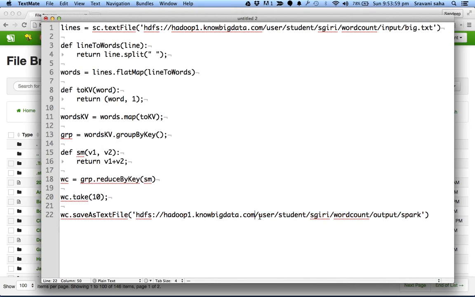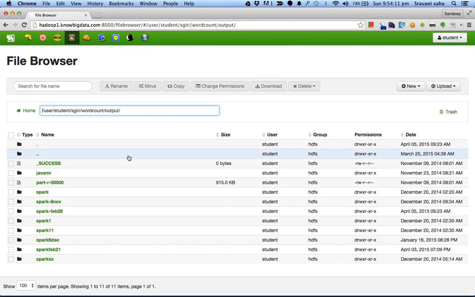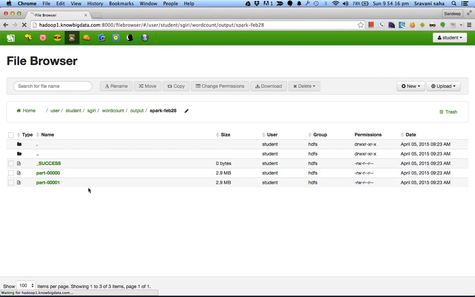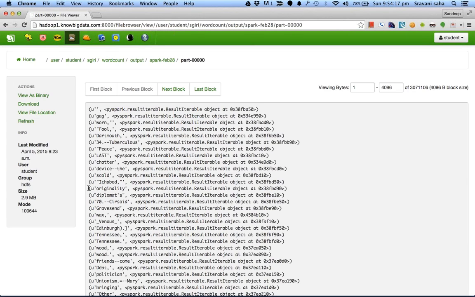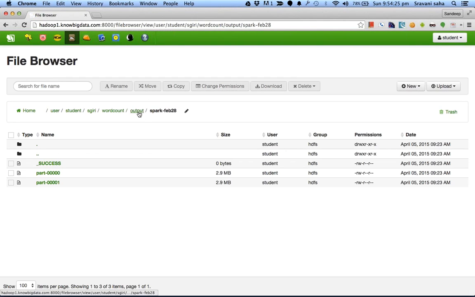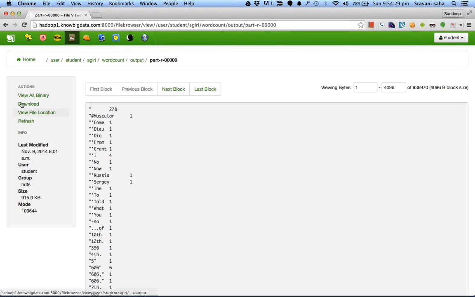So this is where our data should be. We can directly go there. So here we have two parts. Strange it is. This one is correct.